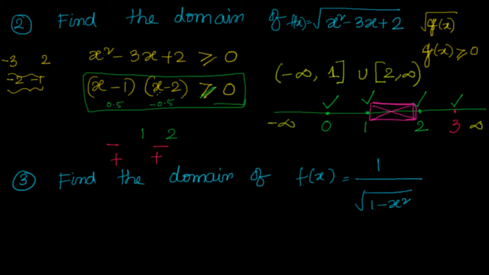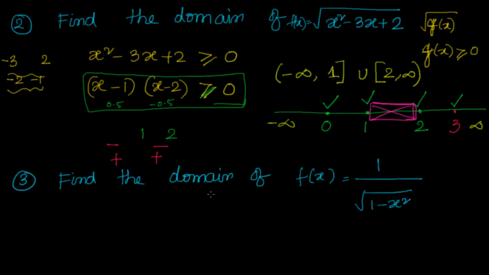That means if I want to have positive values, the number should be more than 2. Then I can have both of them as positive. If I want to have both of them negative, then my value should be lesser than the small value. That means it should be less than 1. Then I can have both of them as negative. So this is the concept based on which you can find out the domain easily. Now let's look at one more example and see what is the difference between the earlier one and this one.